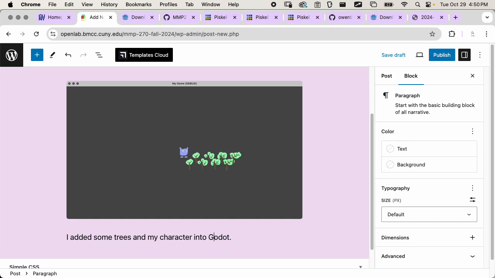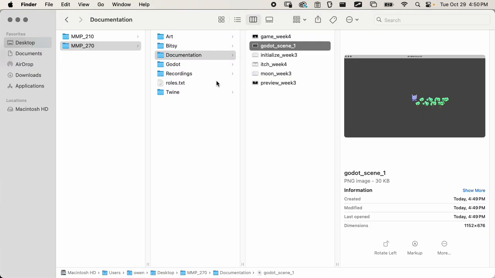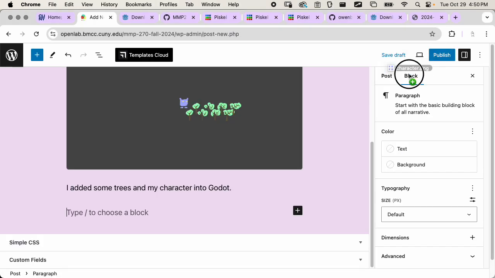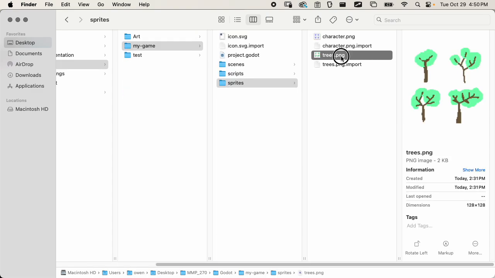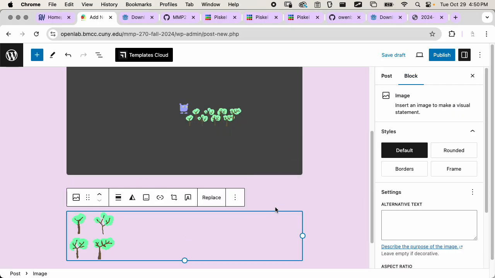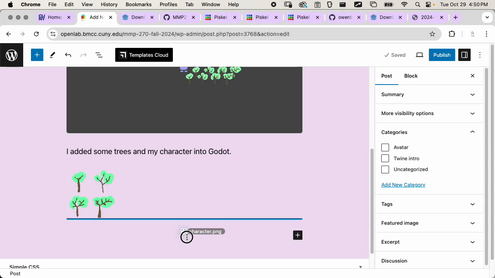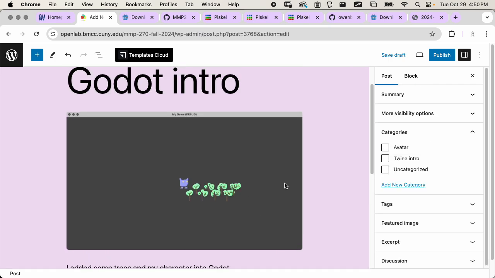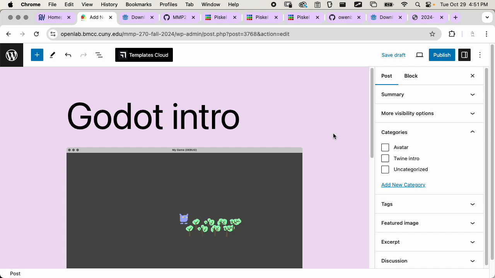And then just add your sprite sheets, just so we can see the art that you created. So I'm going to go to my sprites folder and just upload. These are going to be really small, but that's okay. We're just going to see the work that we created. I accidentally overwrote my character. Okay, there we go. So we just have a screenshot of the game, our scenery sprites, and our character sprites. So once we've got all that,